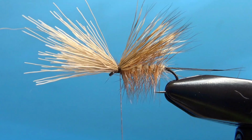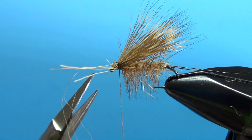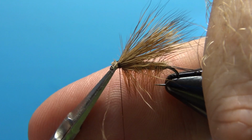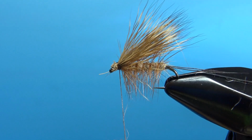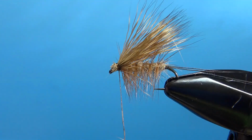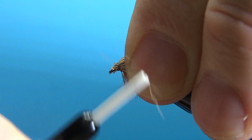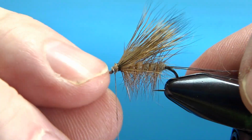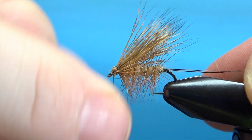off. Okay. So we're not leaving this as a head like an elk hair or anything like that. So you'll want to get in here and cut this as close as you can get it. Okay. Got one little one right there, and then I'll show you how I finish this off. We'll hold this in, put a couple of wraps up in here, and before I work on that head, just try to push these up. Take your fingernail and push them up right here, and we'll build our head